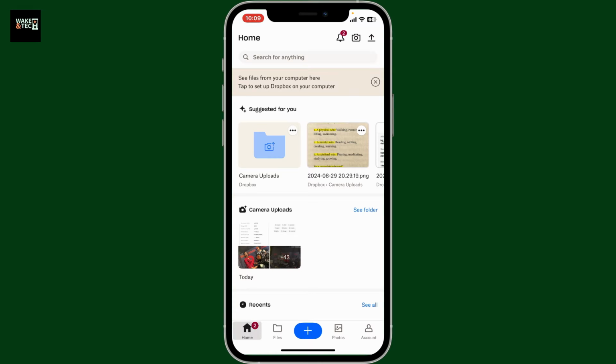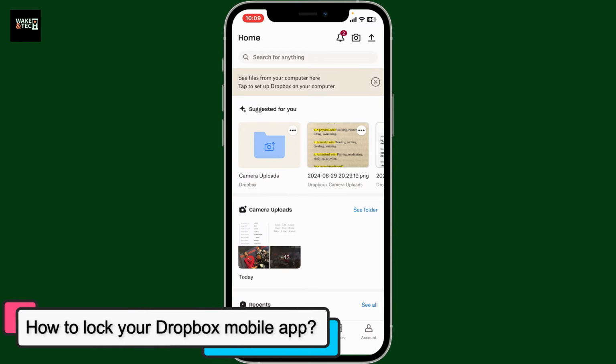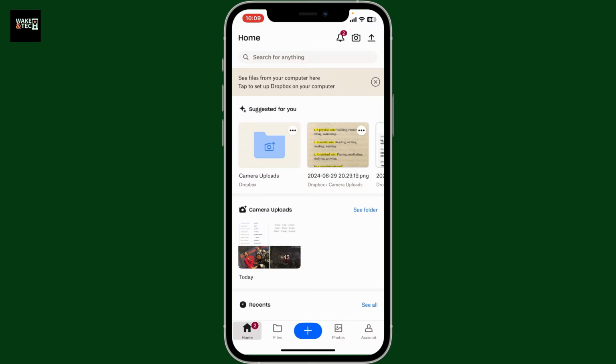Today in this video, we will be learning how to lock your Dropbox mobile application. If you want to protect your files on the phone, then you can easily lock your Dropbox mobile app using a passcode. First of all, open up the Dropbox app on your device and then from the home page after logging in,